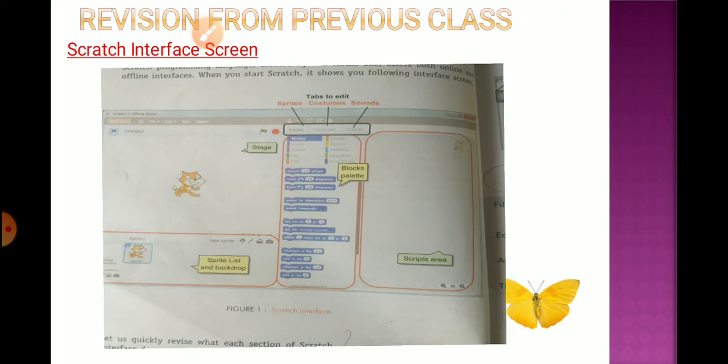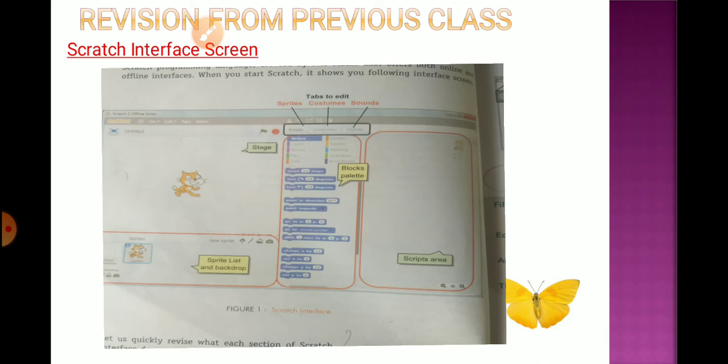These are the elements on the screen. These are the parts of the screen. In the last class in 6th standard, you labeled the screen also. I hope you can recall the topics whatever you learnt in the last classes.